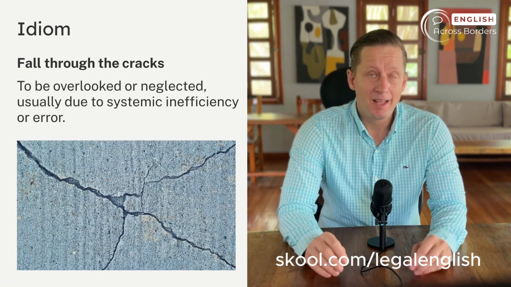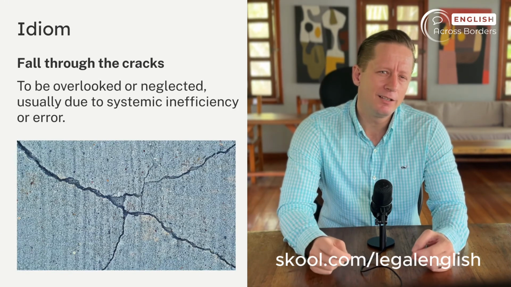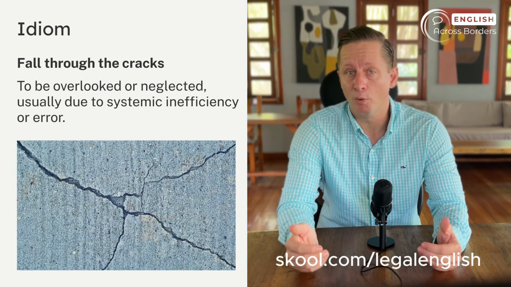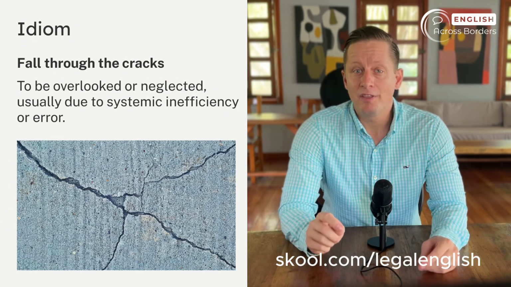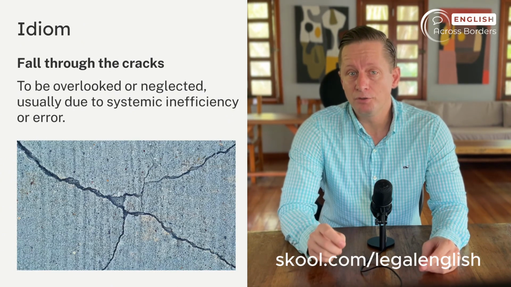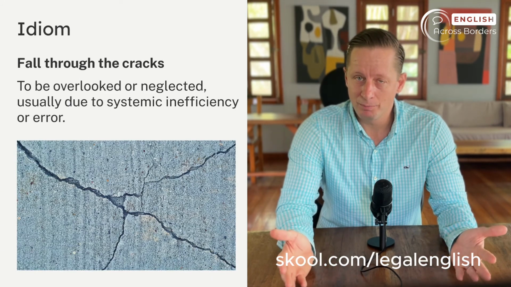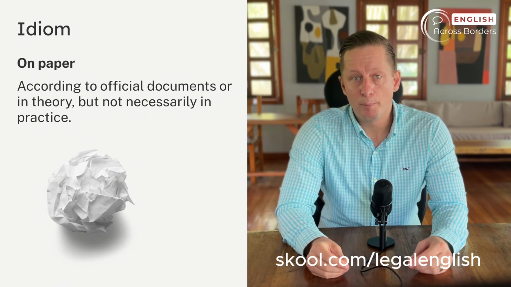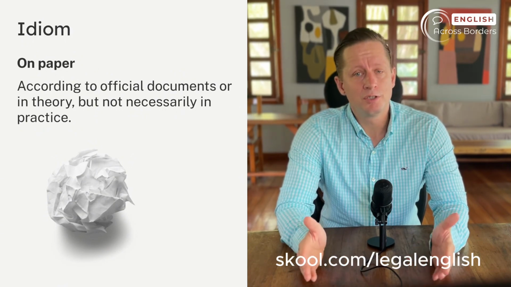For example, the treaty aimed to protect stateless persons, but many still fell through the cracks due to administrative failures and poor outreach. This idiom is often used to discuss the hidden casualties of legal systems that lack capacity, coordination, or sometimes even compassion. Let's take the example of a post-conflict country that signs a bilateral treaty to ensure the